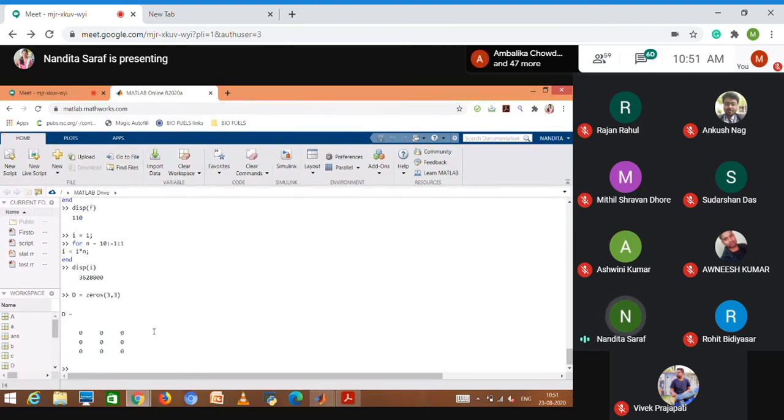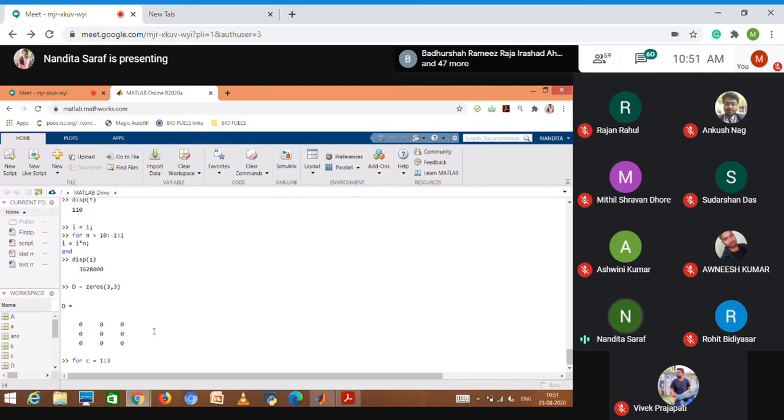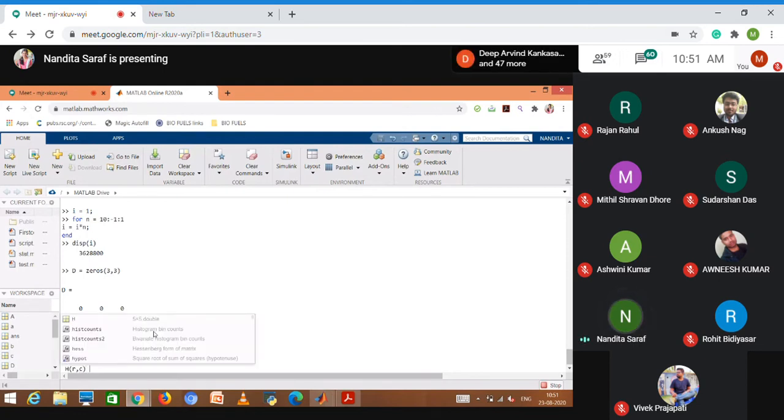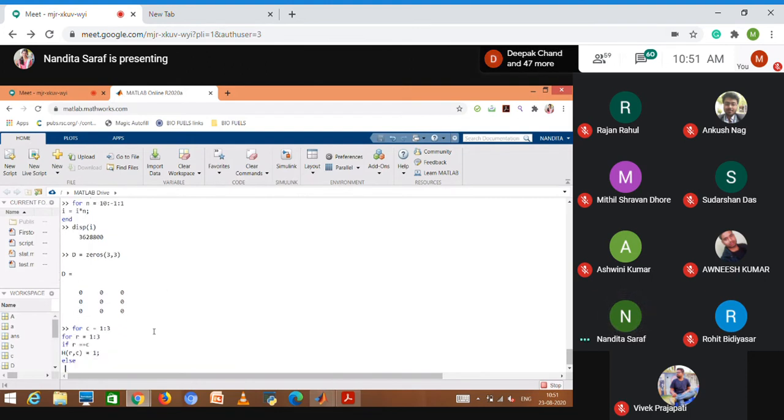Okay. And then for column C is equal to 1 to 3. Inside that, I want for every row R equal to 1, 2, 3. If my R is equal to C, then H(R,C) is equal to 1, else H(R,C) is equal to 0, and